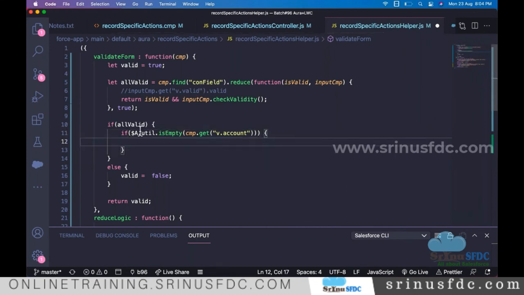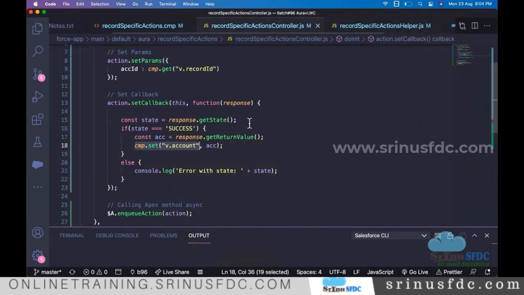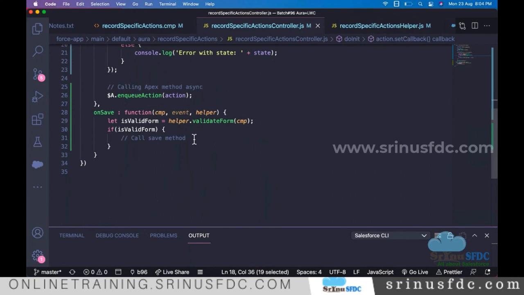In case everything is valid, but the account is not there, then again I'll say finally the valid is false, right? Like that, here we are doing all the validation. If this validation is passed, finally we see the value as true, isValidForm, then only we are going to save the record. That saving part we'll see tomorrow.